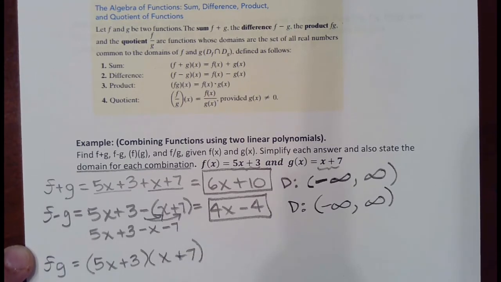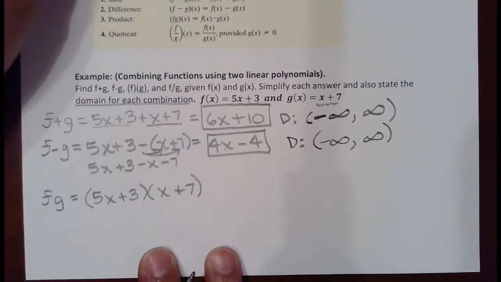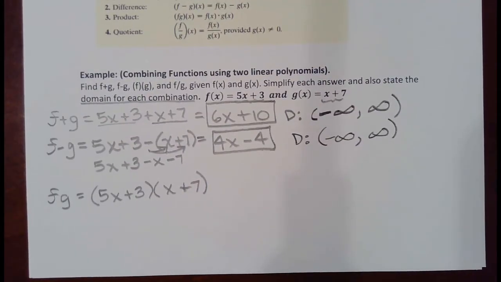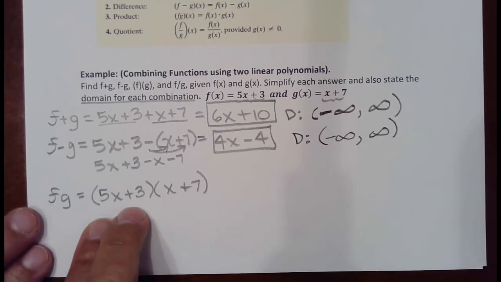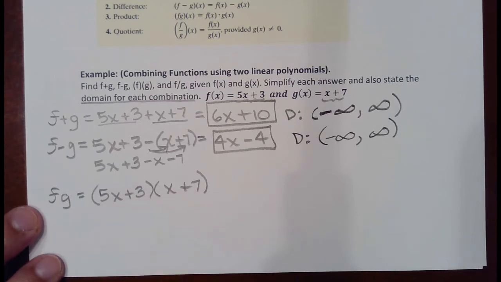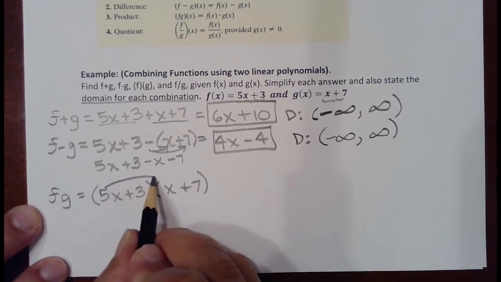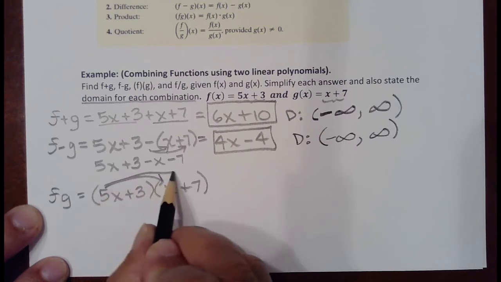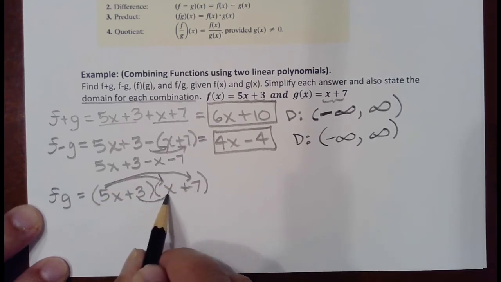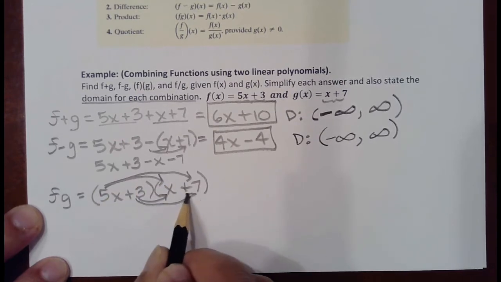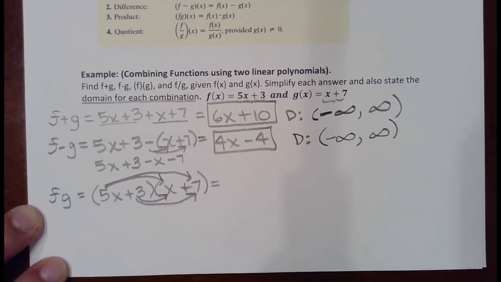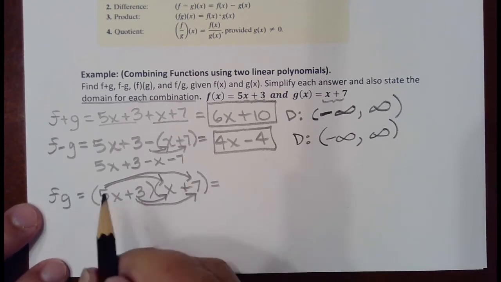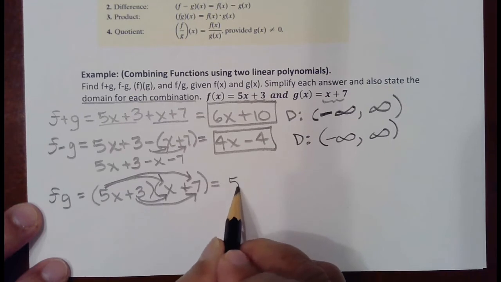So FOILing, we go first times first, outer times outer, inner times inner. Each time we follow one of those arrows, we're multiplying. So 5x times x, 5x squared. When you multiply, you're adding the powers. 5x times 7, 35x. Following these upside down arrows, 3 times x, 3x, and 7 times 3,